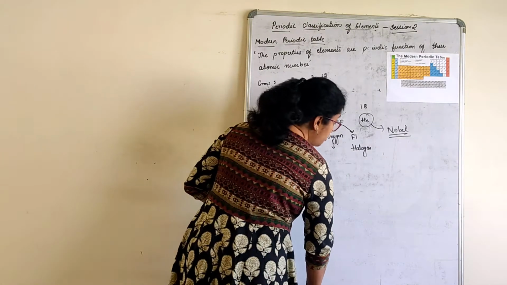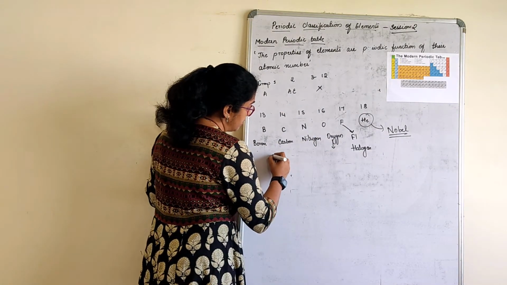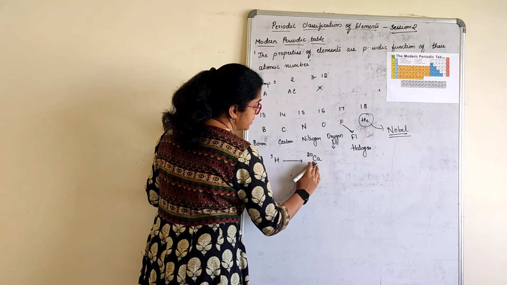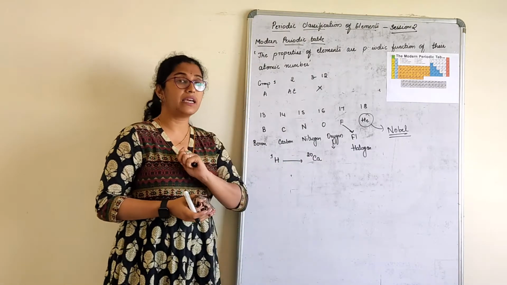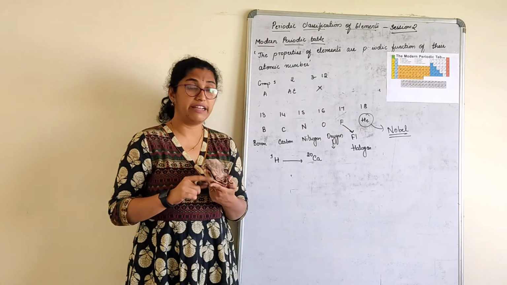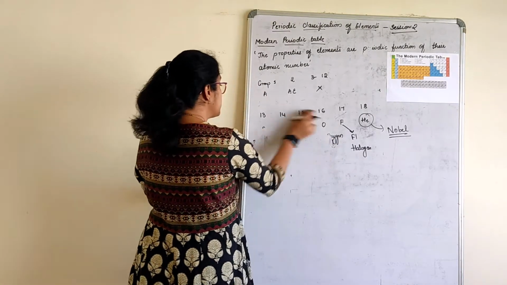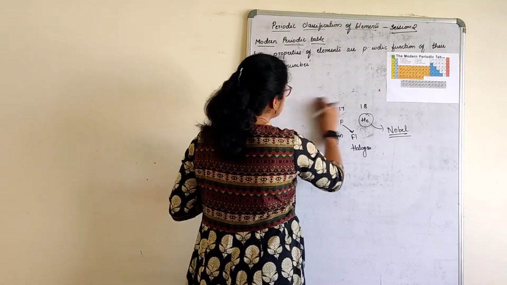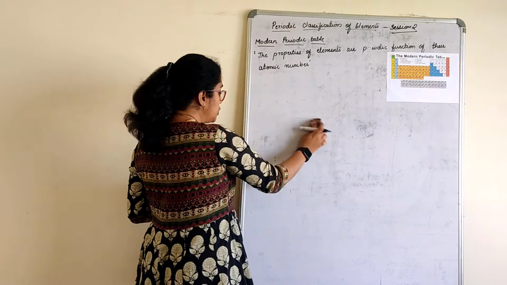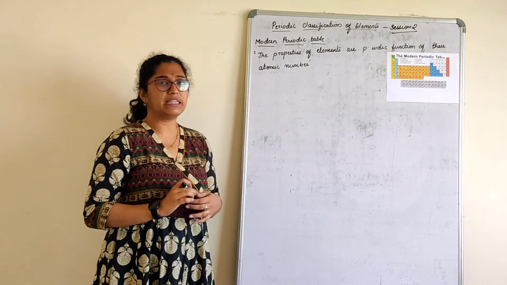Now, you need not learn the whole periodic table by heart, but you have to know the atomic numbers right from hydrogen to calcium, that is 20. Elements 1 to 20, you have to know the atomic numbers by heart. I have been telling this from 9th standard, and even in the chapter on metals and non-metals. So, let's understand a few more concepts. What type of questions can arise from this? Suppose I told you that you need not remember the periodic table, only 20 elements.